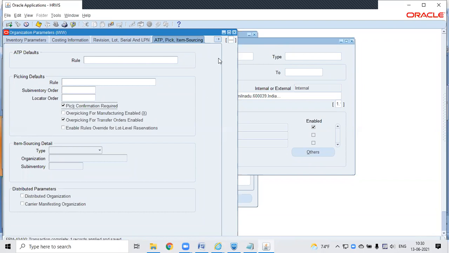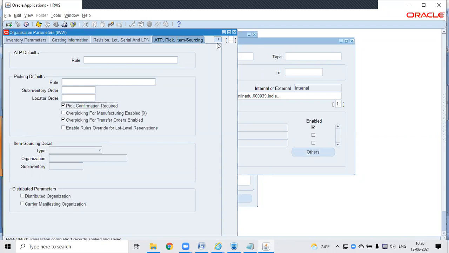So Tushar, one question. Pick confirm required. Even if you do it in the way you attach a release rule, that will get a precedence or this one? That will supersede. Oh, okay. So if you say auto pick confirm at that point, then it will not do the pick confirm. In the release rule, it will do the pick confirm. But the default it will take from here.